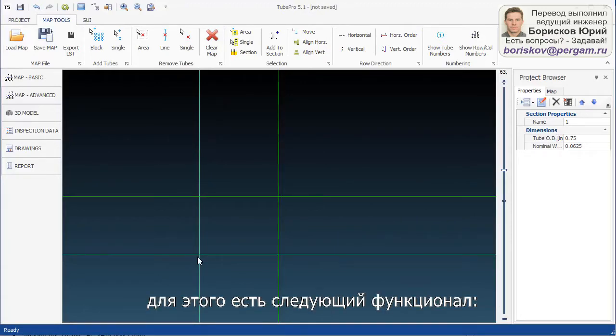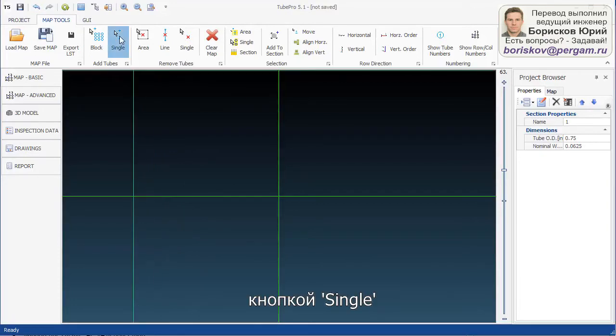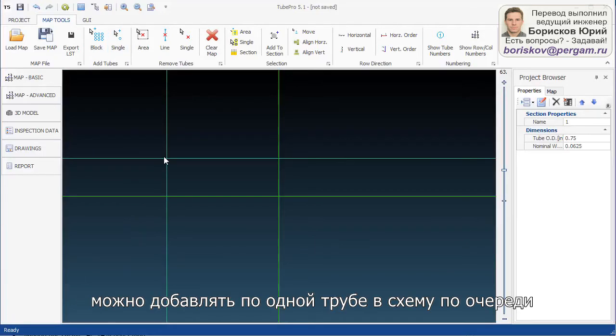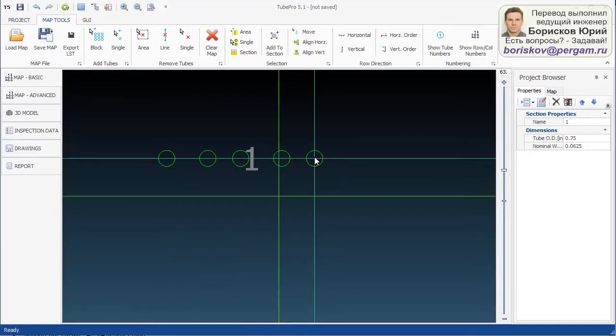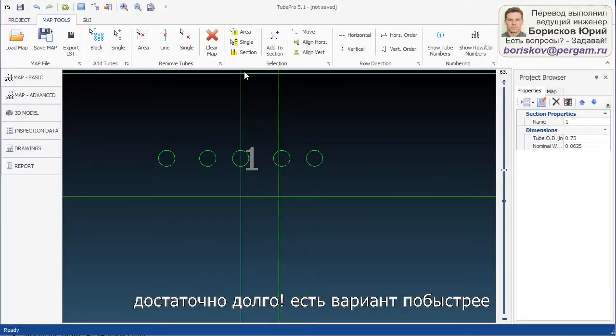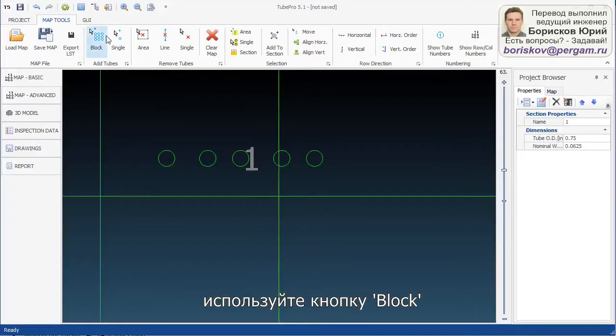There are different tools available. You can add tubes one by one by selecting the single tube addition. So this way you can enter your tubes one by one. This could be quite long, so what I suggest is to use the block selection. So I'm going to